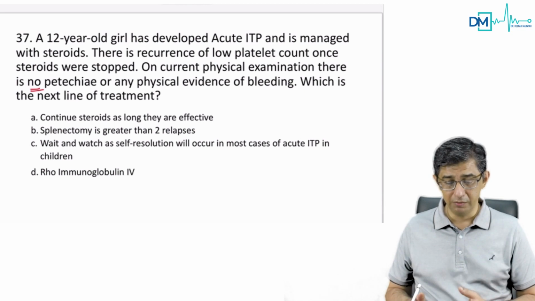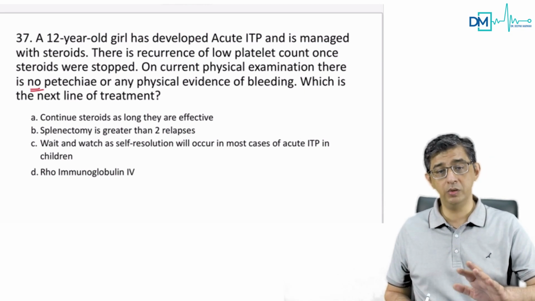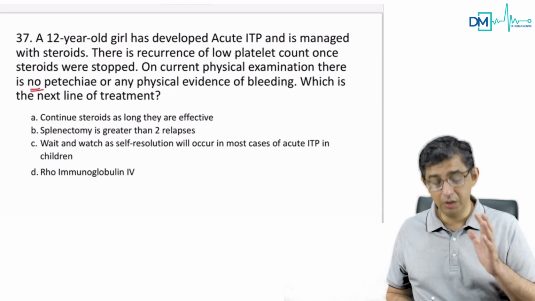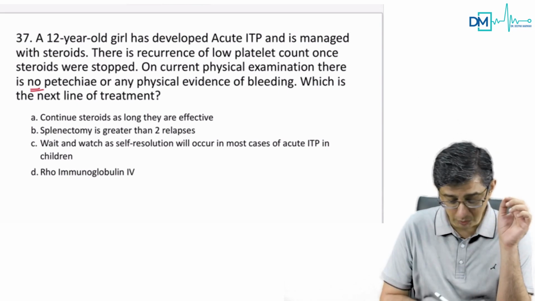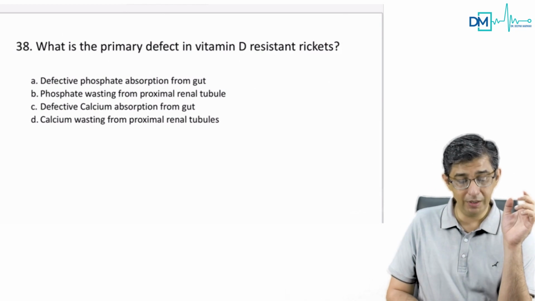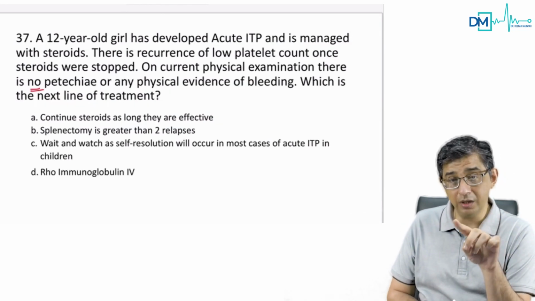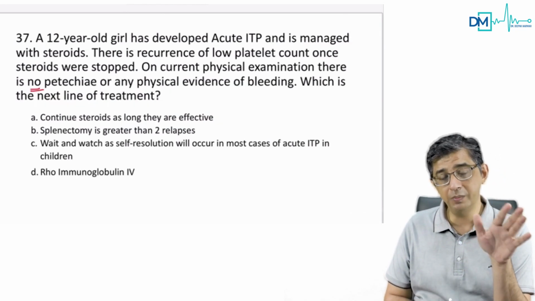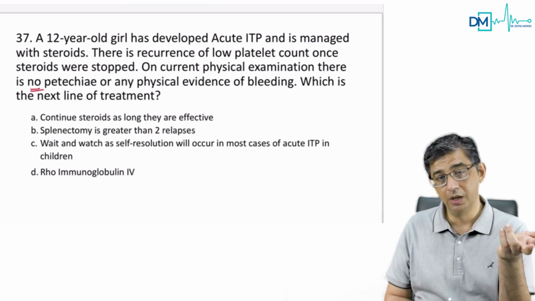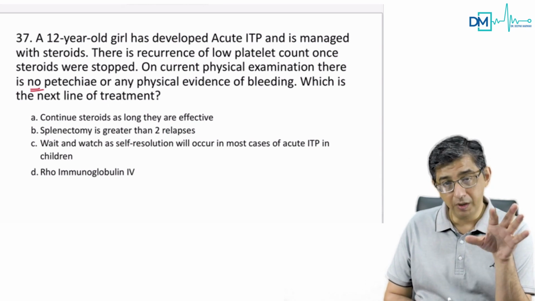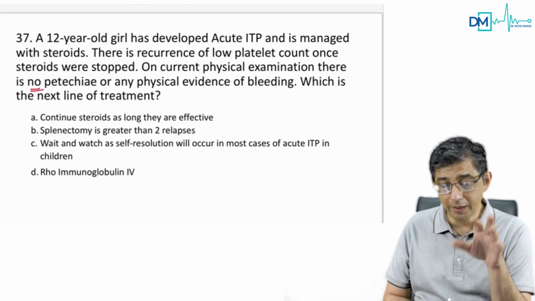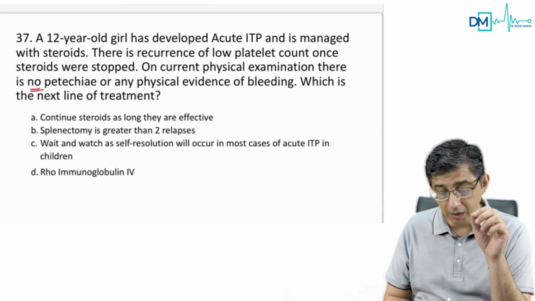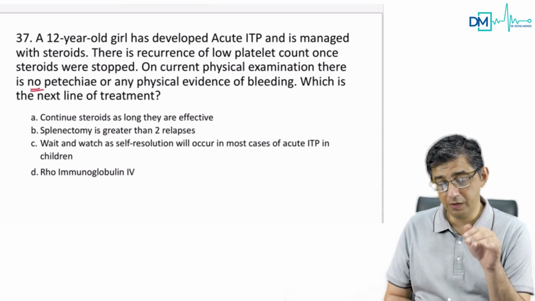But in this case, acute ITP in children has a good prognosis. There is a self-resolution in most of the cases. This is just a natural course history. If you listen to the ITP discussion, the bottom line is that in acute ITP in children, you will always have a good prognosis. Adults might still have remissions. For patients of chronic ITP, we go in for splenectomy.